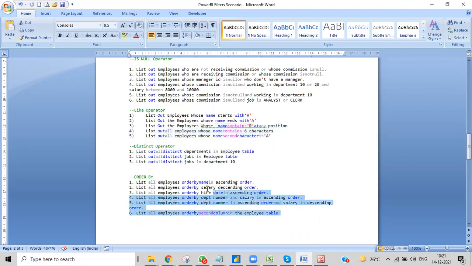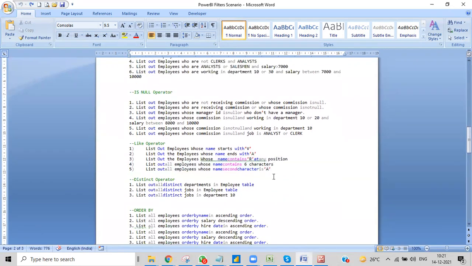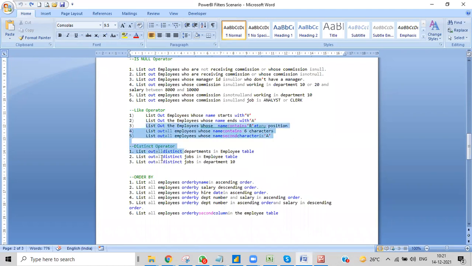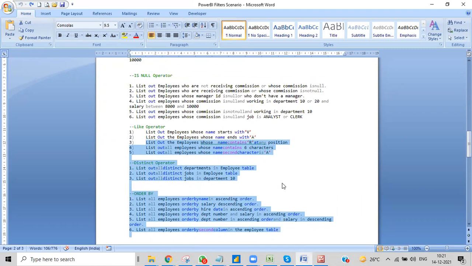Okay. This all can be done by filter only. Some of these kind of things, we'll have some difficulty to do over here. You need to go into DAX, and then we'll do that. Okay. So in SQL, I hope you can do all these specific things.